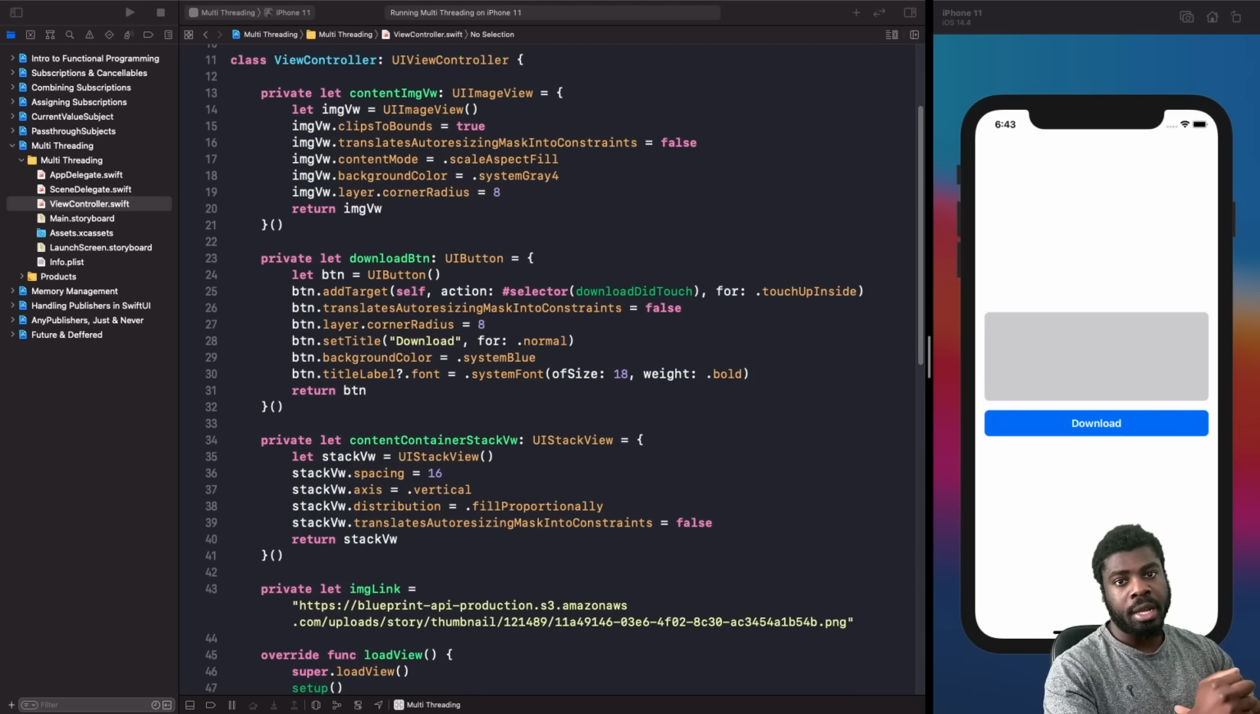onto a separate thread. Now, why would you want to do that? Let's say, for example, you were downloading an image or calling an API. You don't want to block the UI. You don't want to block someone from using the app just so you can download an image or call an API service. By moving the task onto a background thread, you allow the user to keep on using your app as normal. And then when that process is finished, you can update the UI based on the